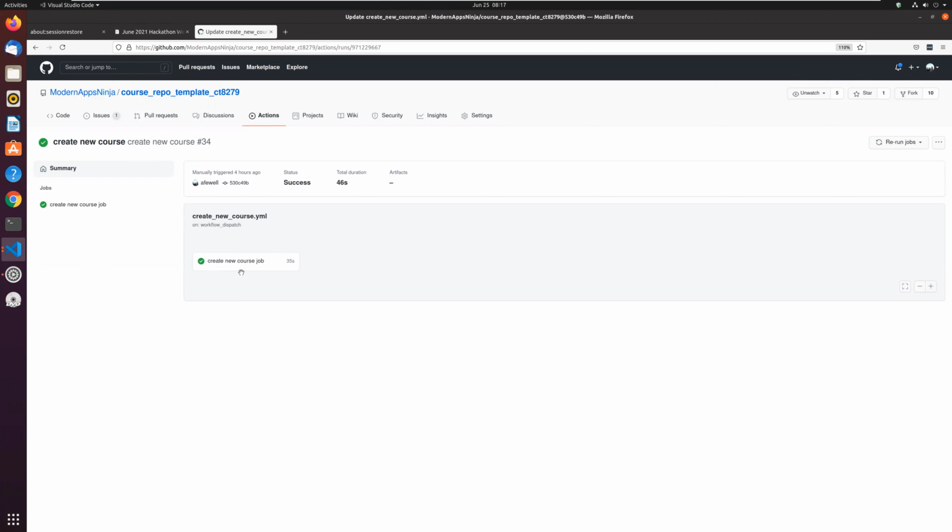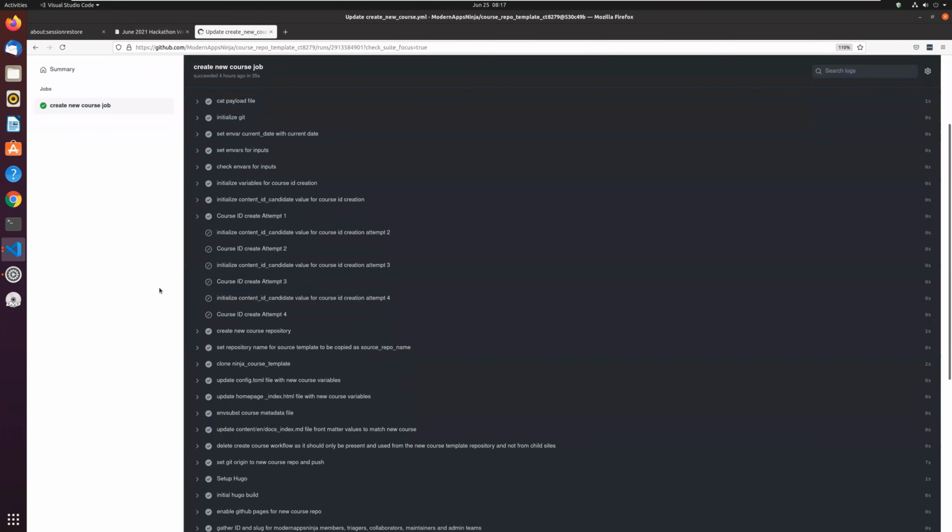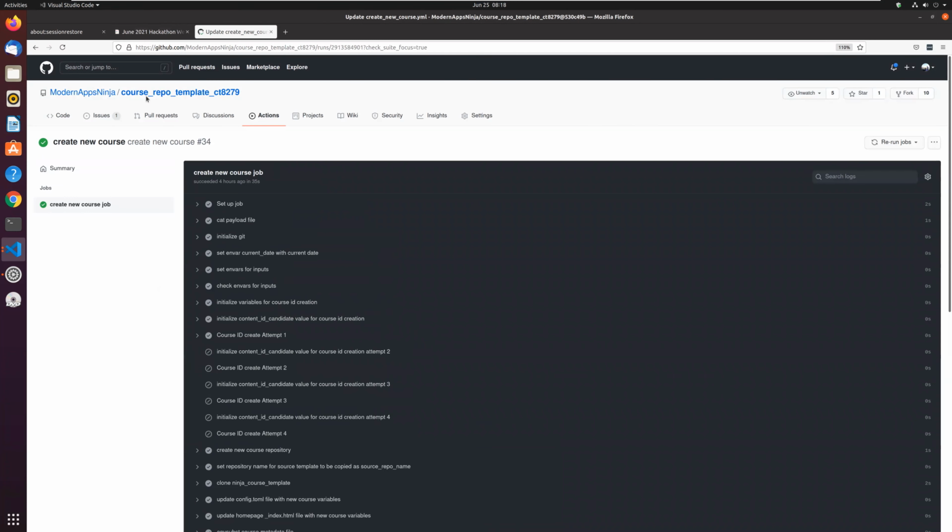And so I use this create new course, and that does a lot of valuable things for us. It takes the course repository template and creates a new repository, replicates the content in the course repository template onto the new repository, and also does some scaffolding for you.